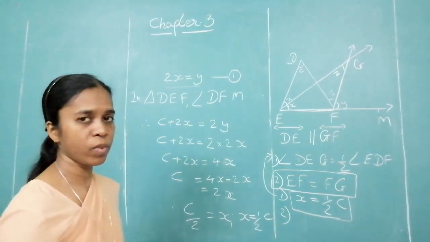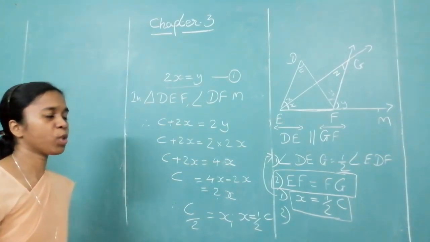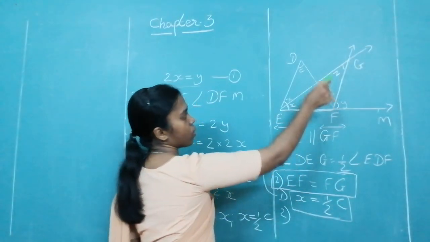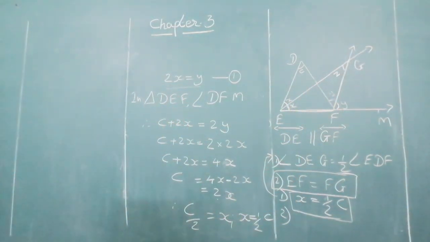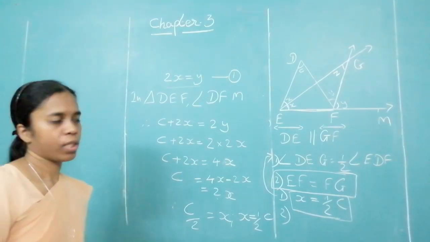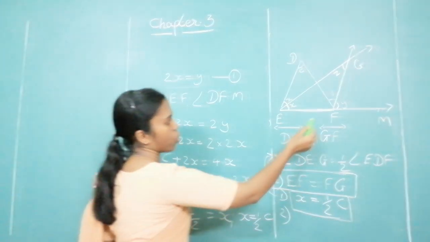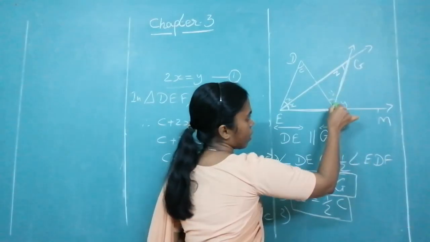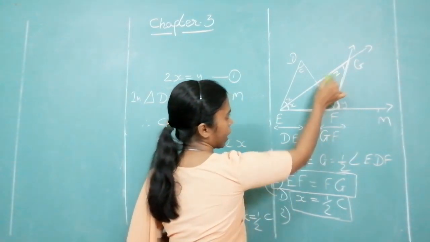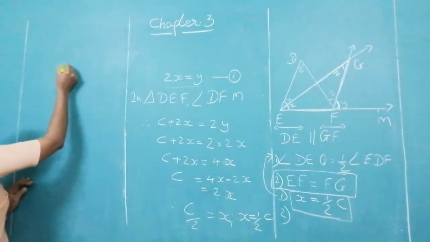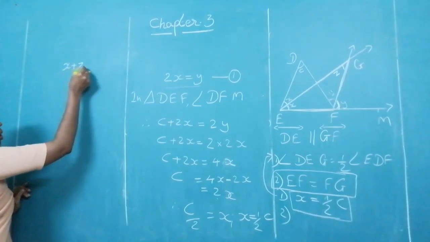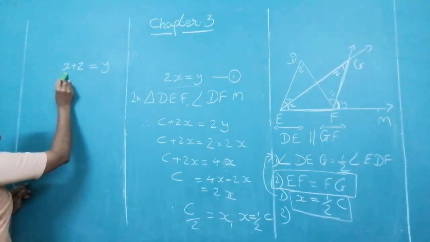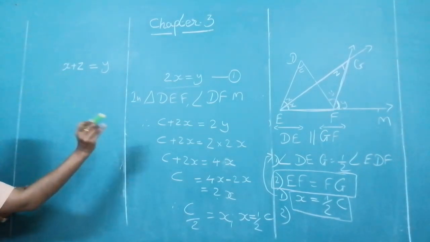Is there any relation where I can show that x is equal to z? Please look at it and let me know if you can find where you can show that x is equal to z. Consider only this triangle. Did you get it? The same property, that is the exterior angle property. Now we are looking at this triangle, right? For this triangle, which is the exterior angle? y. So I can say x plus z is equal to y, because x plus z, the remote interior angles, is equal to the exterior angle. Now, what do I have to show? X is equal to z.